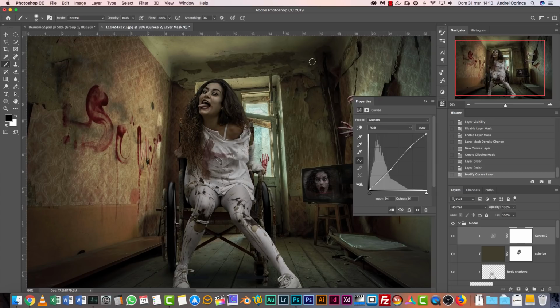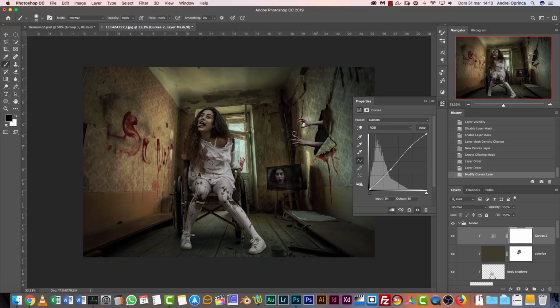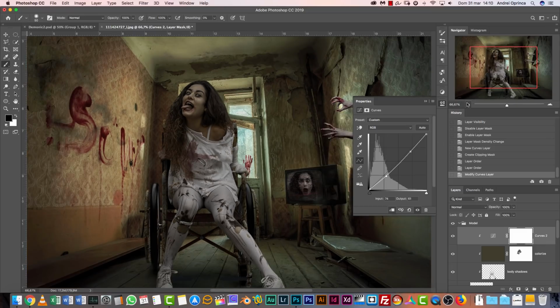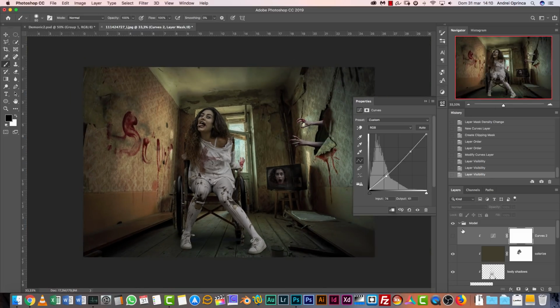You can see that the background, you always have to compare your model to the background. Take a look at the contrast that we have here. You can see we don't have a really big contrast, so you don't have to do really dramatic stuff over here. Keep the highlights and darken part of the image,